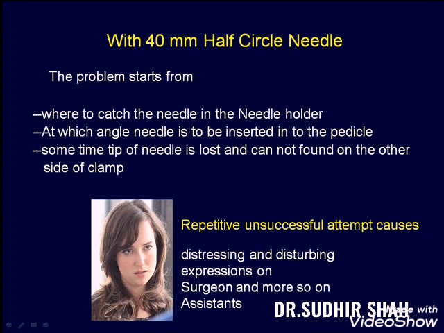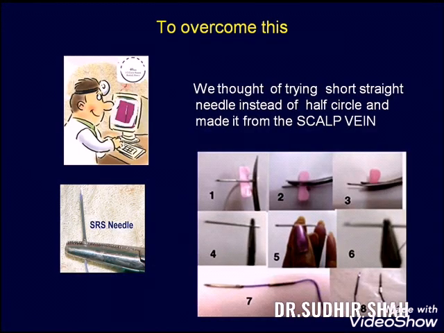With the 40 mm half circle needle, the problem starts from where to catch the needle in the needle holder, and at which angle the needle is to be inserted into the pedicle. Sometimes the tip of the needle is lost and cannot be found on the other side of the clamp. Repetitive unsuccessful attempts cause distressing and disturbing expressions on the surgeon and more so on the faces of assistants. To overcome this,